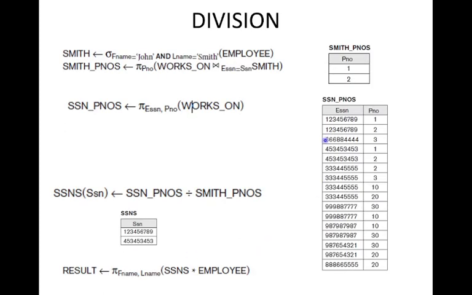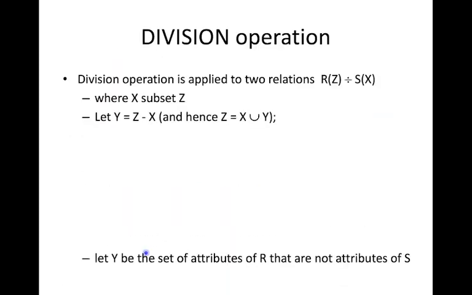So if you want to divide by this thing, then 1 and 2 should appear in every tuple. So we see 1 and 2 is there in these two rows. So 1, 2, 3 is there in both of these. Similarly 4, 3, 5, 3 also has 1, 2. But 3, 3, 4 has only 2 here. Another project is 3. That 1 is not there for this. That is why in this result we have only 1, 2, 3 and 4, 3, 5, 3.